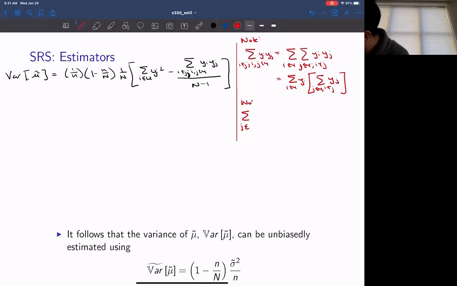And then we'll have note 2. Okay, so we can re-express the sum over the product as the sum across yi multiplied by the sum across all j, such that i does not equal j. And then this second term,